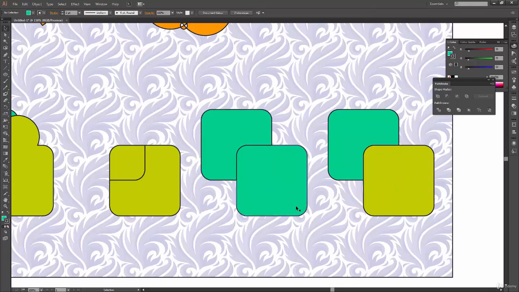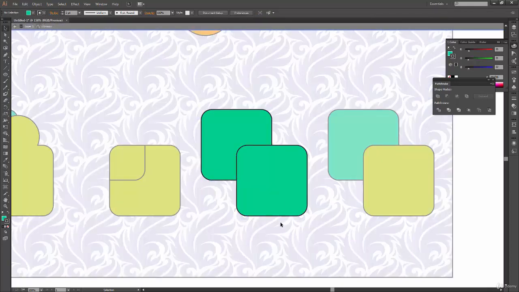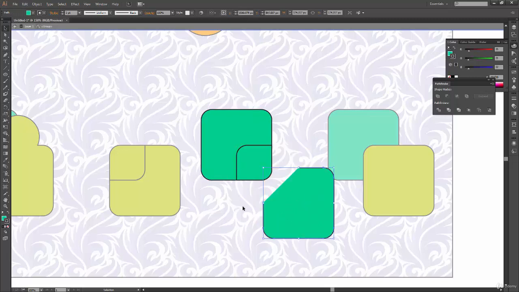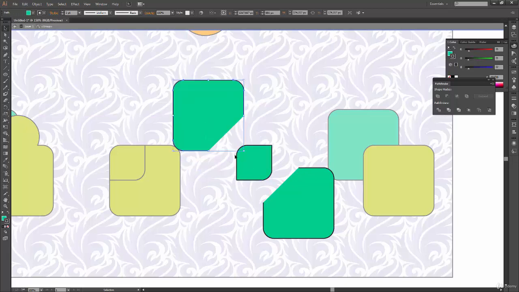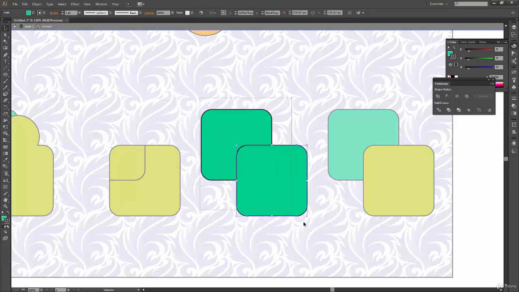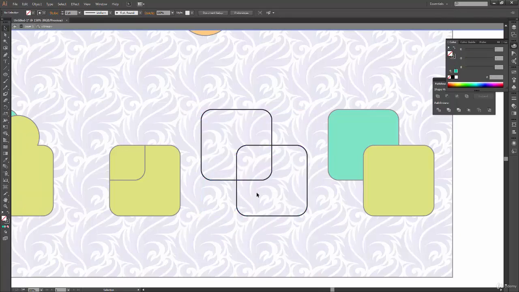And now let's just go inside this and see what happens. So click on any of these shapes and drag it. So you can see that okay, something has happened over here. Click and drag, and again you can see that something has happened over here and here also. So when looking at this, you might be confused about what actually happened after this operation. To understand it better, we should remove the color from these shapes, and let's remove this color. So now you can see the intersection part and the part where these two rounded rectangles cross each other.